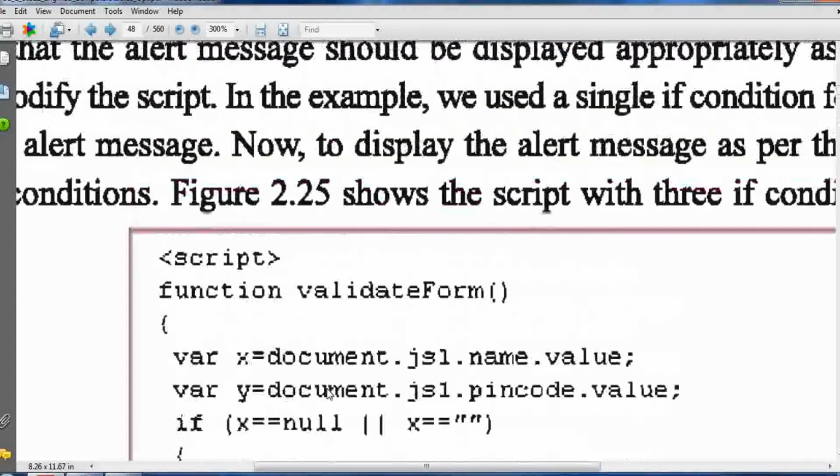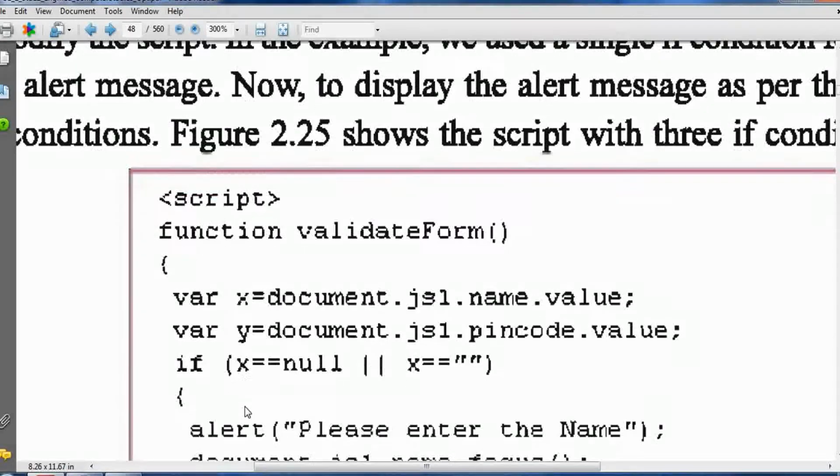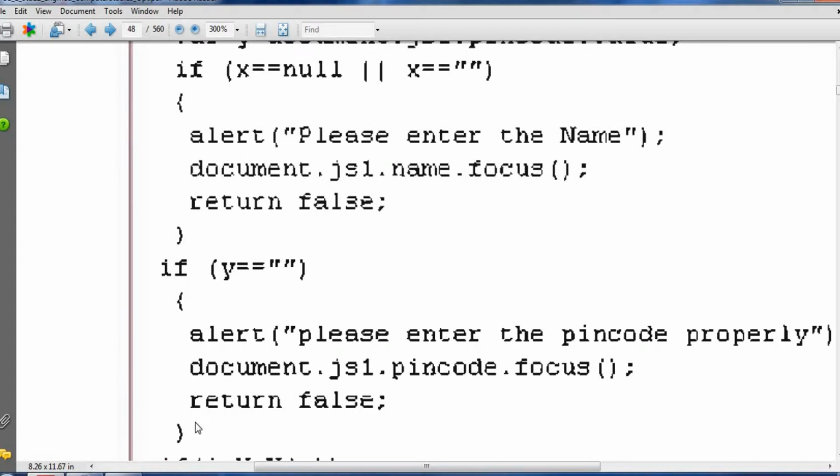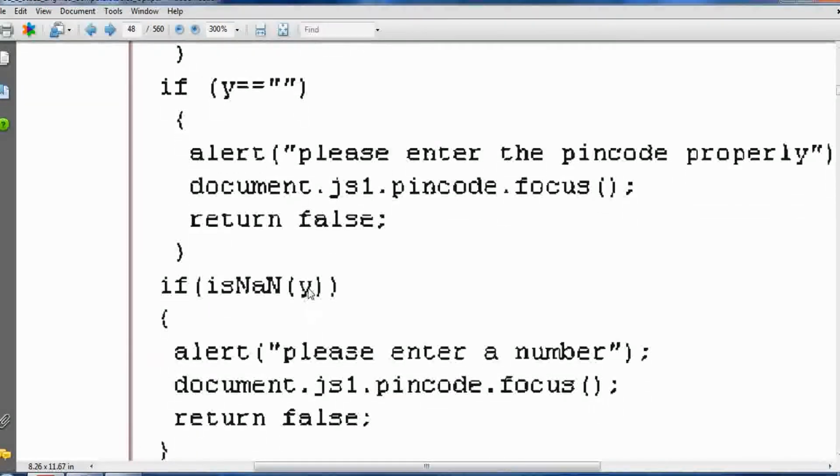Another example. For example, in the pin code box, I mention the pin code value 36401. Then the value of variable y is also 36401. Then again start from the beginning. 36401 is equal to double quotes two times? That is false. So skip the bracket. 36401 is not a number?